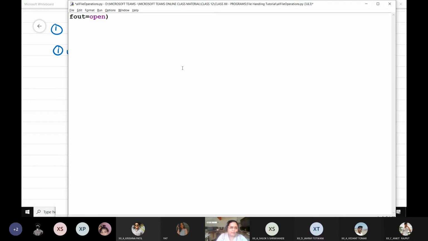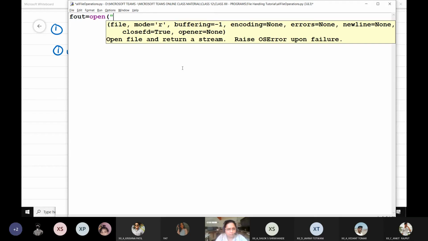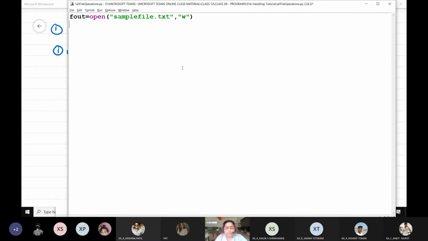So open, and now let me create a file of my own because I'm going to write something to it. So I'm naming the file as samplefile.txt. And what should I take as the file mode? W, because we are going to write something to the file.